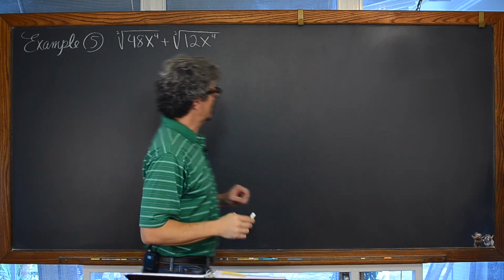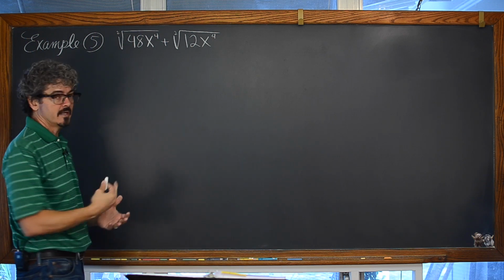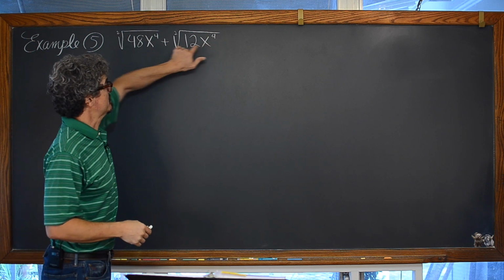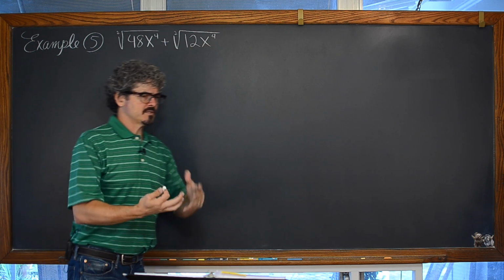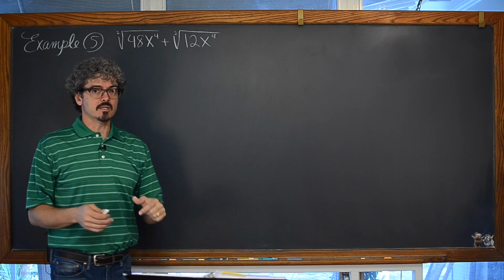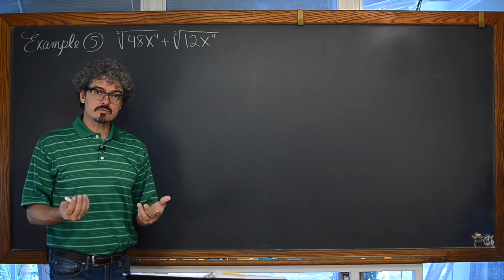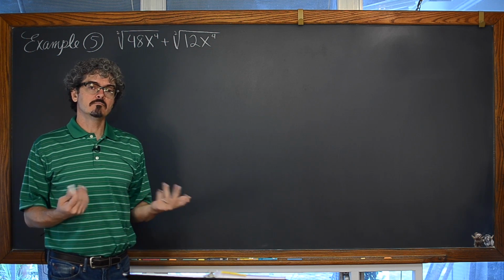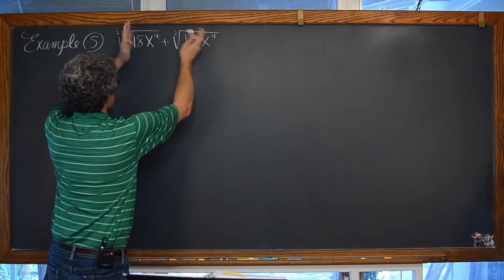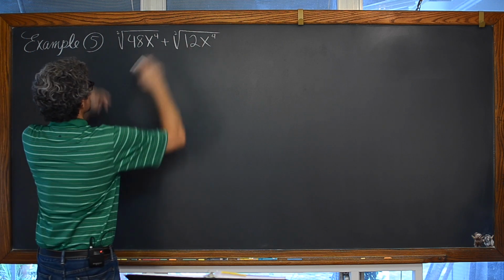Okay, so the square root of 48 times x to the fourth. Let's go ahead and get that simplified. And we have these variables of x's being raised to even powers, which always are going to yield a positive answer no matter what the value of x is. So arguably the domain of each of these square root expressions is that x can be any real number. And actually this whole expression is combined of these two square roots, so that is the domain of this entire expression.